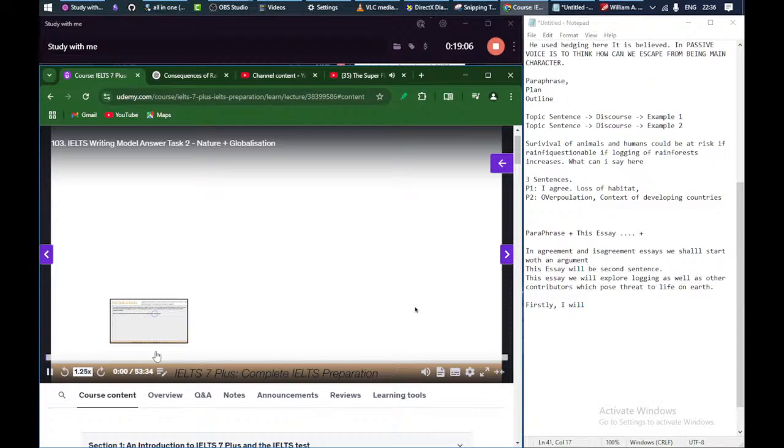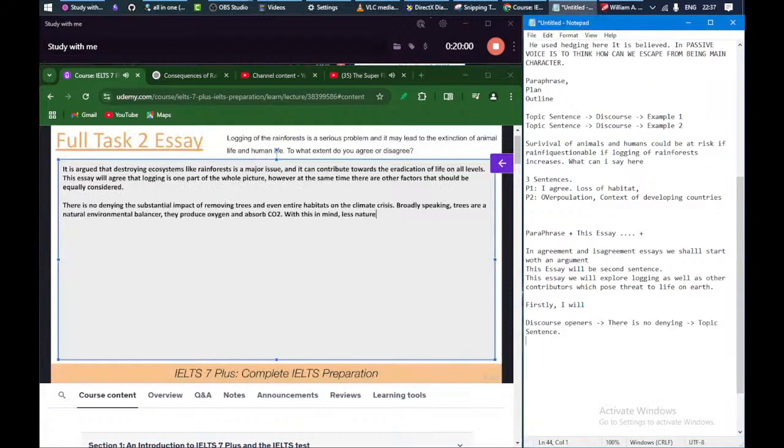With this in mind, logging is leading to less of the natural world, and therefore an unbalanced one,